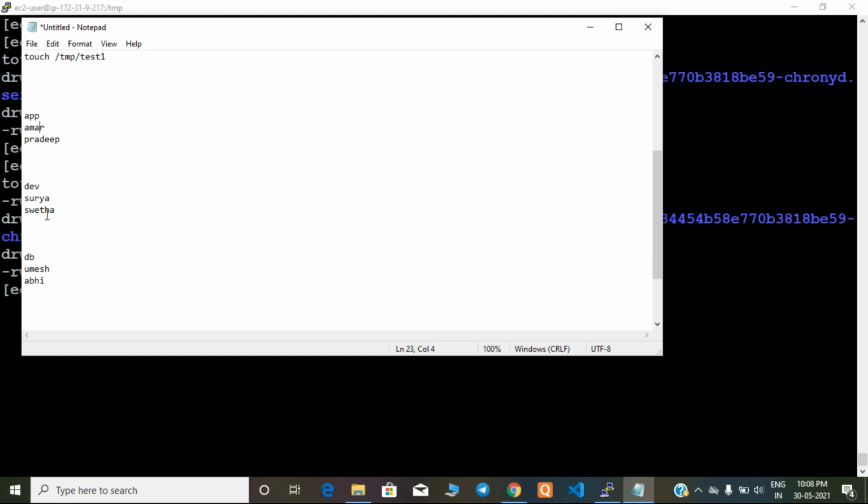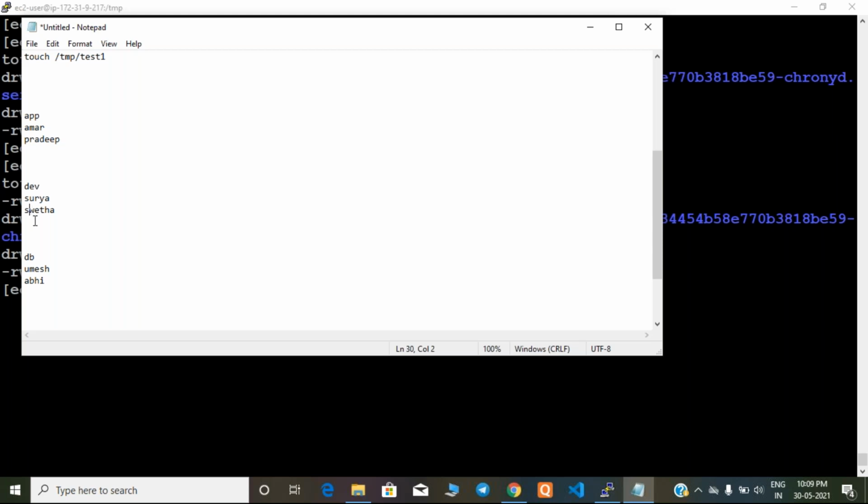Example, now development related. So Surya created some development code. Compulsory, Shweta also should have access to that file because she is also from the development team. It's not a personal file, it's development data. Compulsory, all the developers should have access, it doesn't matter who created the file. Surya and Shweta, they both should have the access.